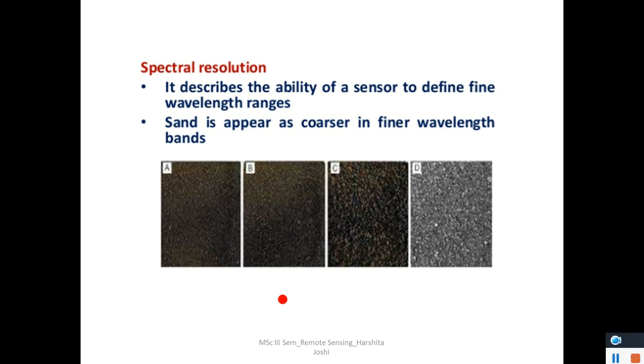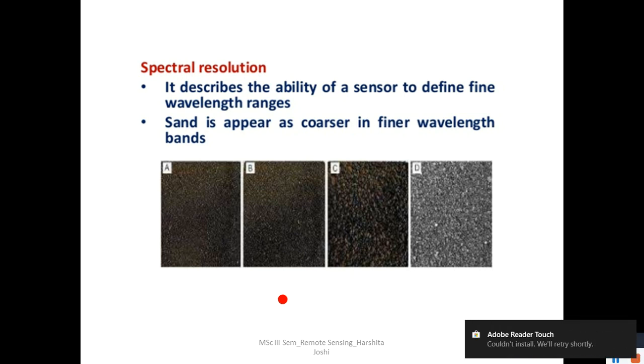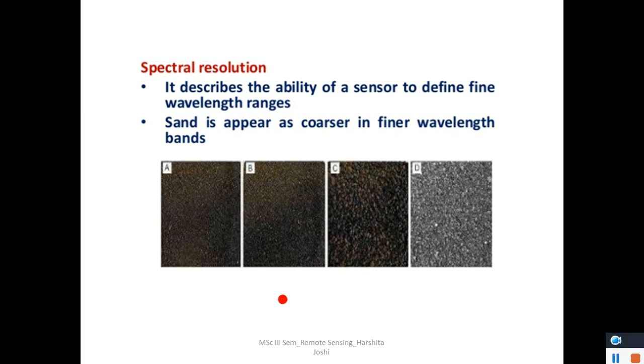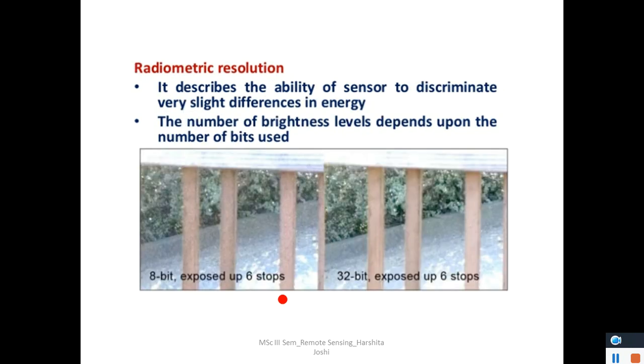Okay, if we are taking a panchromatic photograph, the bandwidth is very high, I mean the bandwidth is larger there. And within that it is difficult to differentiate between different wavelengths. It is difficult to identify Vibgyor there. But if you take a smaller bandwidth, in that you can identify the colors also. So the highest number of colors you are able to identify in any photograph, that will define the spectral resolution.